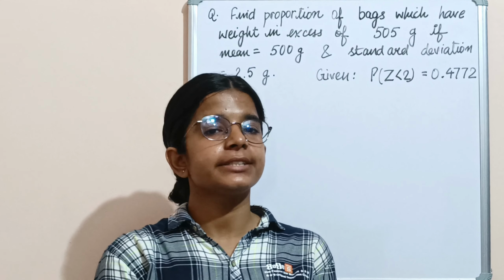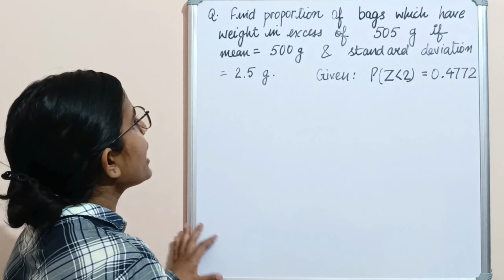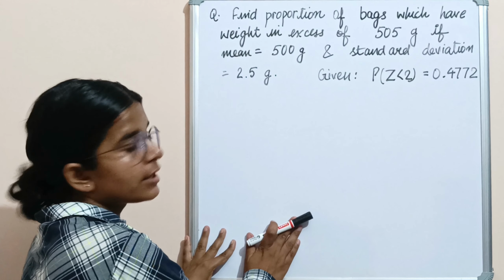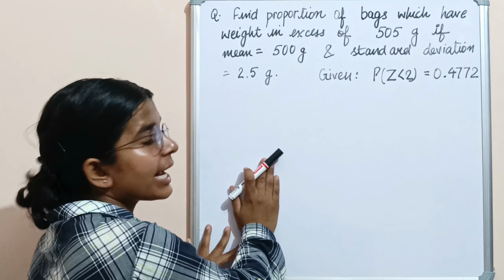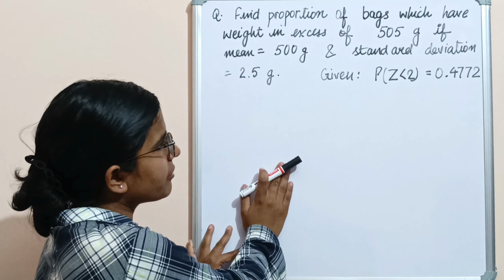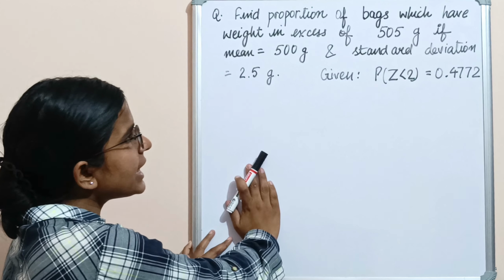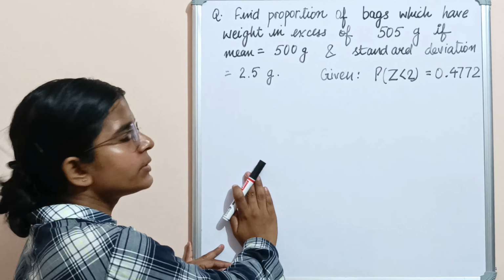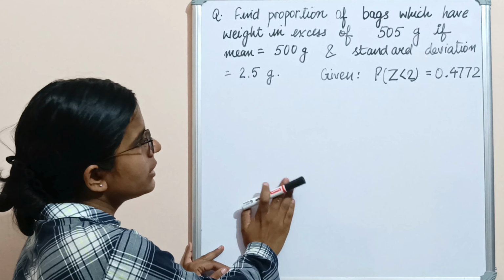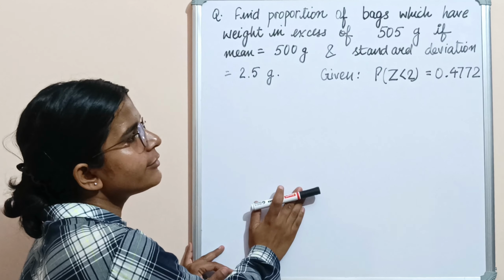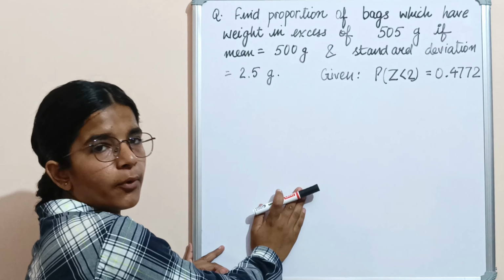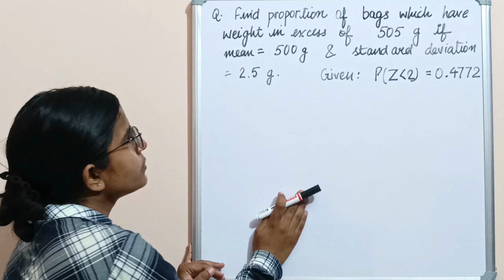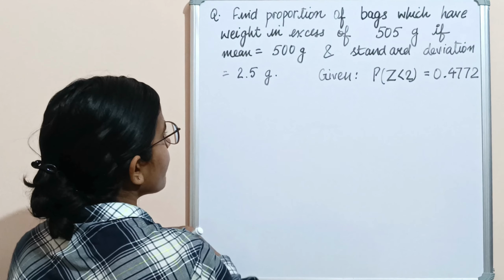Our next question is, find the proportion of bags which have weight in excess of 505 gram if the mean is 500 gram and the standard deviation is 2.5 gram, given the probability of Z less than 2, 0.4772. We have to find out